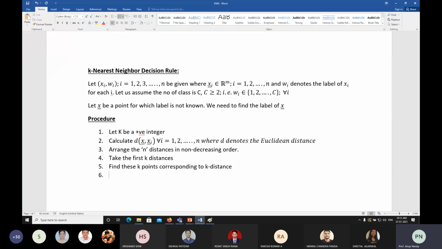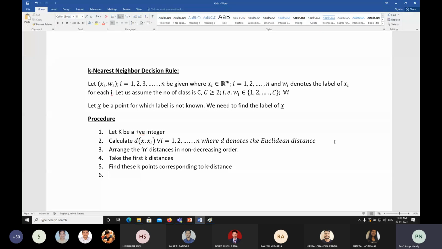the k distances. You have the test data point. Now, which points are representative, the points that are closest to this test data point? You have to find these k points which correspond to the k distances. Now, if k is equal to 1, it means the first class, how many points have been classified. Then k is equal to 2, then how many points. K equal to 2 means if you have the second class, then how many points are closer to your test data point.